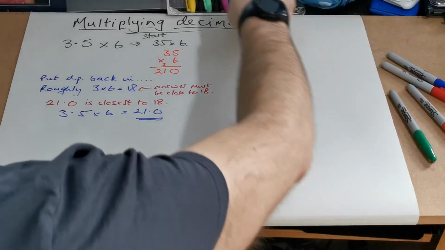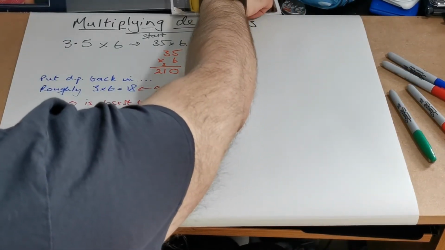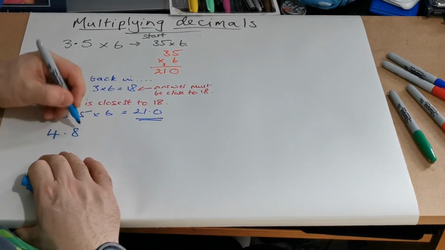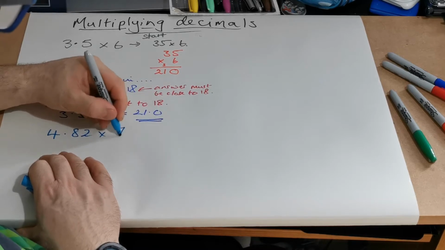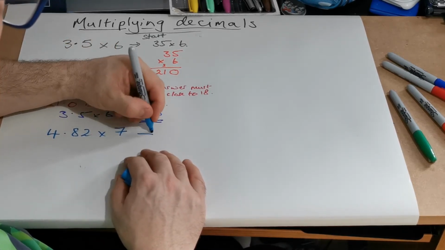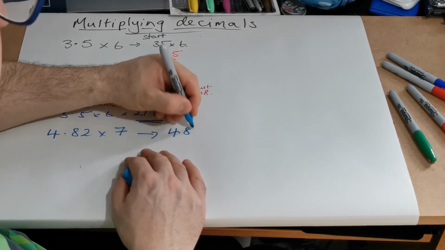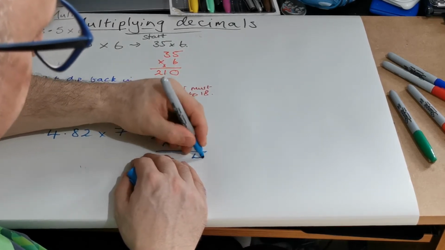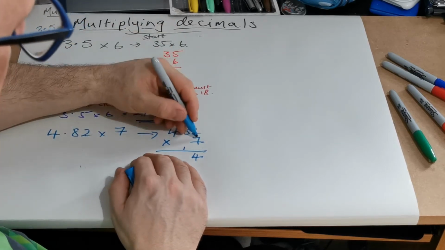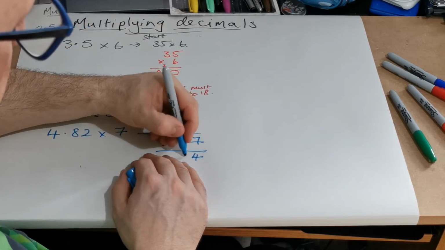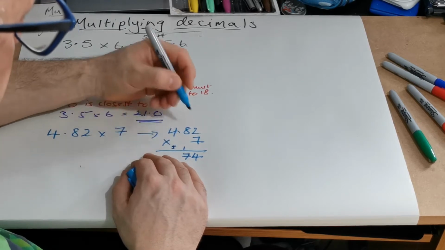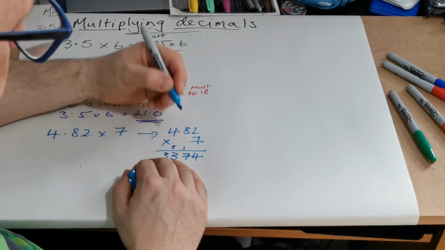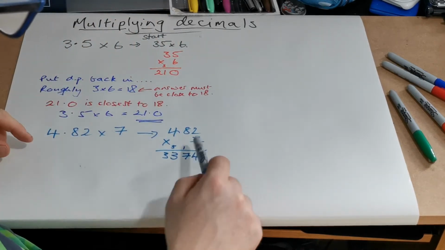So let's look at a slightly more complicated one: 4.82 times 7. I'm going to start by doing 482 times 7. 7 times 2 is 14, carry the 1. 7 times 8 is 56, add 1 is 57, carry the 5. 7 times 4 is 28, add that 5 is 33. So 482 times 7 is